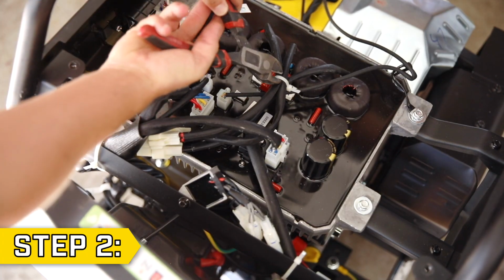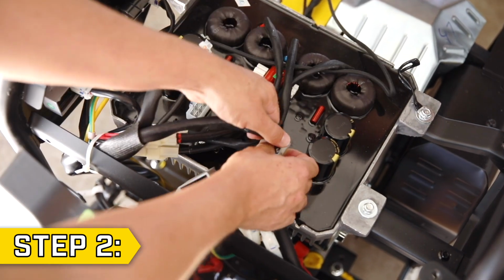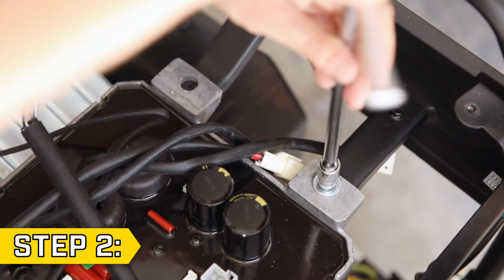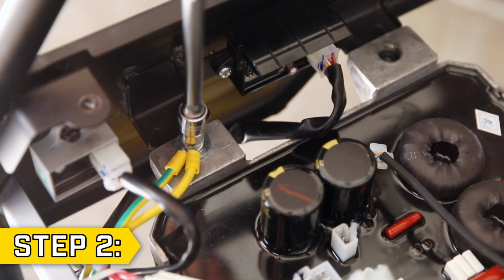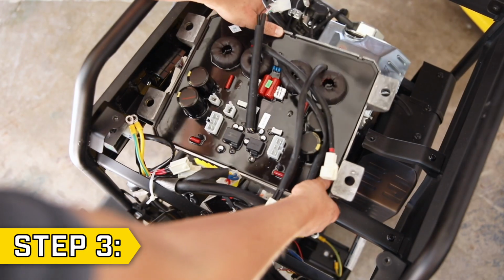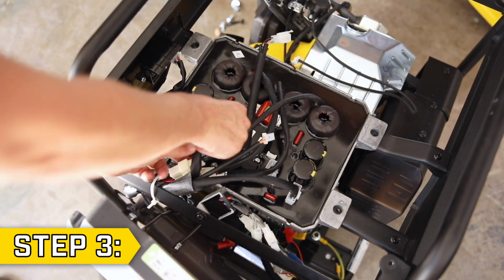Step 2. Cut any cable ties binding the wires, and then disconnect every wire connector on the control unit. Then use a 10mm socket to remove the 4 bolts holding on the control unit and remove the old control unit. Step 3. Set the new control unit into place in the correct orientation, and reconnect all wire connectors in